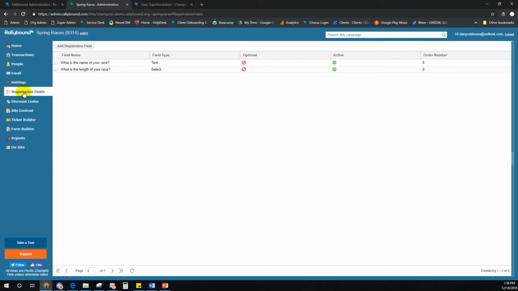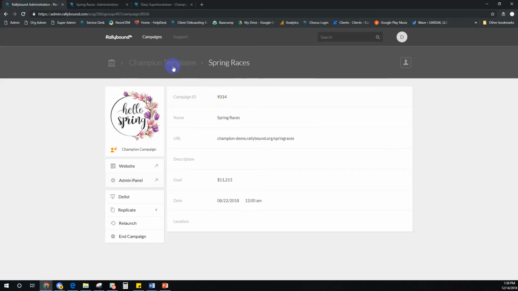For example, if there is a designation that you ask any donor or registrant that's associated with your campaign, such as how am I affiliated with X nonprofit, you might want to add that so that way by default anybody who's creating a registration form would have to ask that question, and you can add those example questions here in registration fields. All of the settings that you set up for spring races in this example will be applied to